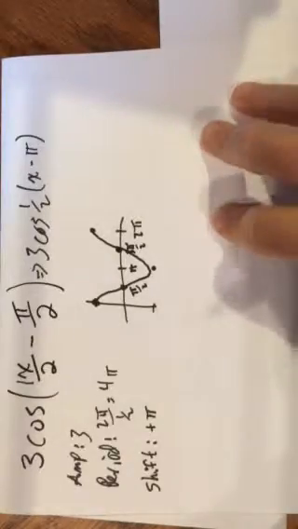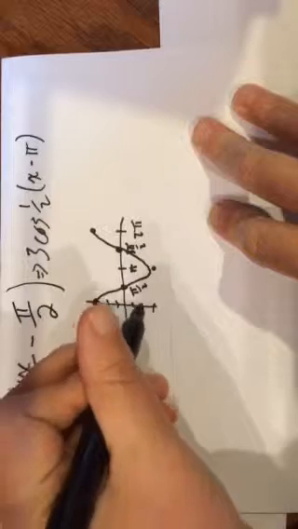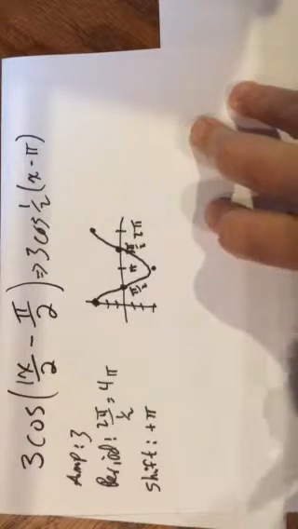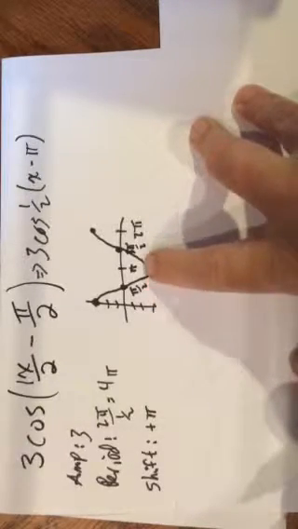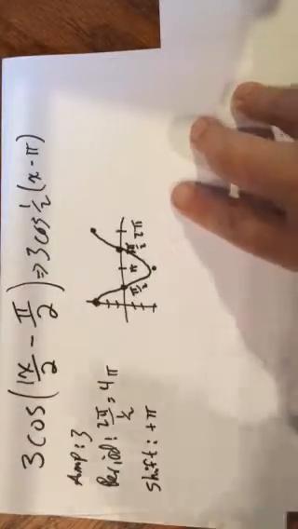Okay, so if I'm going to change the amplitude, I need it to go up to 3. Just going to add little tallies in there to show it goes up to 3 and down to 3. And if I'm going to change the period, that means I am dividing each of these by 1/2, which means I'm multiplying each of these by 2. So if I do that,